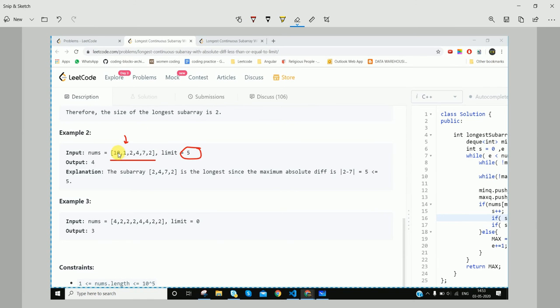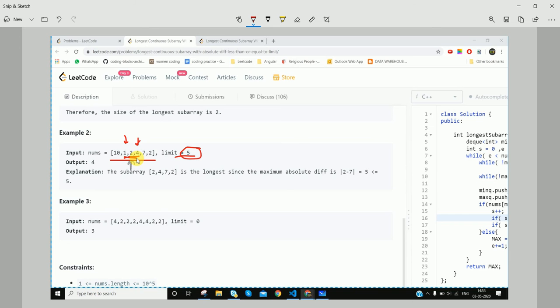So I remove 10 from the array that I'm considering. Then I'll consider 2. So the absolute difference will be 1 which is within the limit. Then I take 4, so the difference between 2 and 4 is also 2, so that is within the limit. Then 1 and 4 is also within the limits.